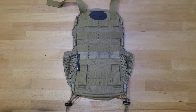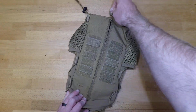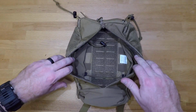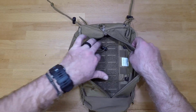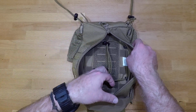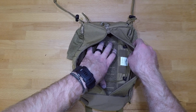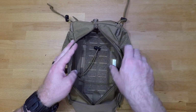So with that, when it comes to the interior of this, you do have your center zip, so that will just open up, and then as you can see, you do have quite a bit going on the interior. You do have an elastic band or shock cord on the interior to help keep things nice and tight, so if you're going to run a bladder on the interior of this, it'll help keep that stowed and not move around and